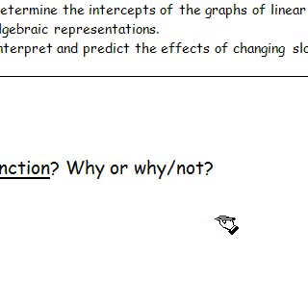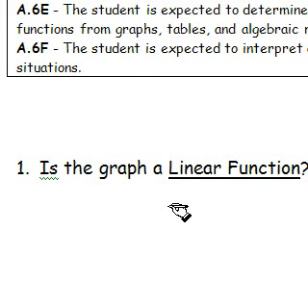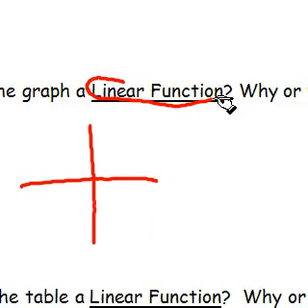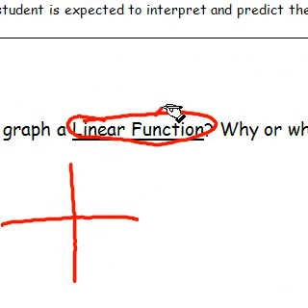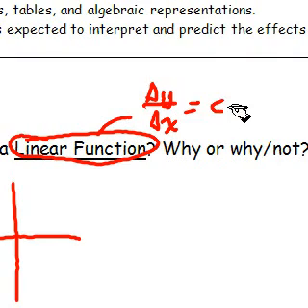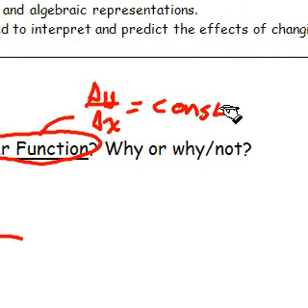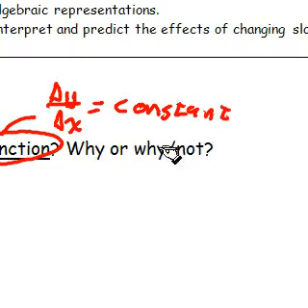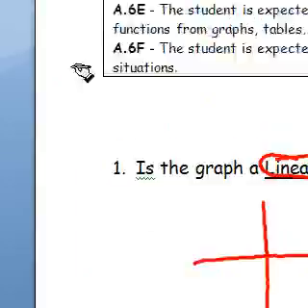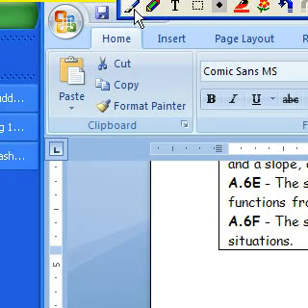Why or why not? Well, what we need to always remember with linear functions is that the key idea to keep in mind is that a function is linear if the rate of change, the change in y over the change in x, is constant. Another way to think about it is that all graphs that are lines have constant rates of change. So